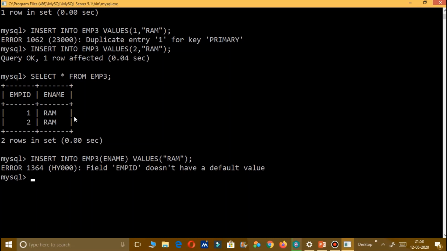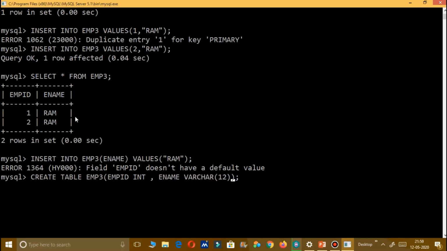Okay, how to do that? For that we will use the create command again. So here we will not use only one column, we will use two columns together to make the primary key.